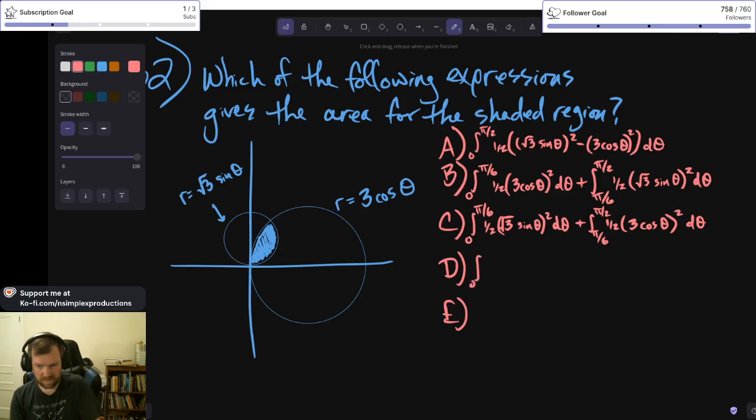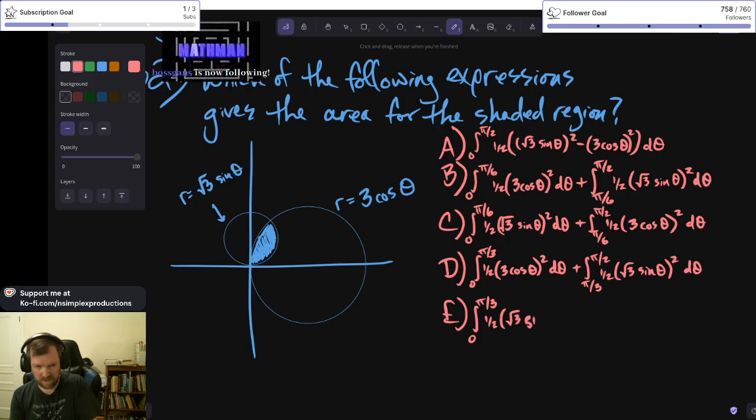D: 0 to pi over 3 of 1/2 times 3 cosine theta squared d theta, plus pi over 3 to pi over 2 of 1/2 root 3 sine theta squared d theta, or E: integral from 0 to pi over 3 of 1/2 root 3 sine theta